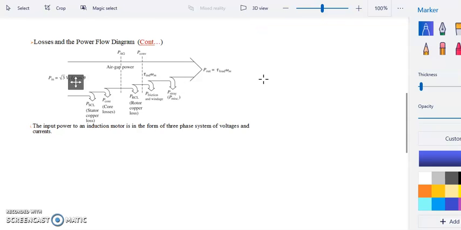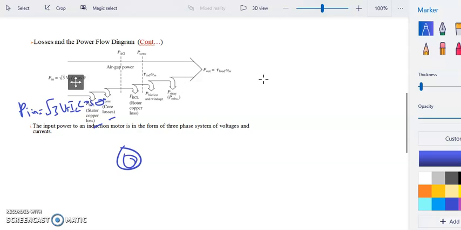Okay guys, here are the losses and power flow diagram of the induction motor. We can see that we have a P in. P in is equal to, because this is a 3-phase circuit, 3 times V terminal times I load, which comes into your system, times cos theta. So after you subtract all the related losses of the stator, copper loss, and the core losses,